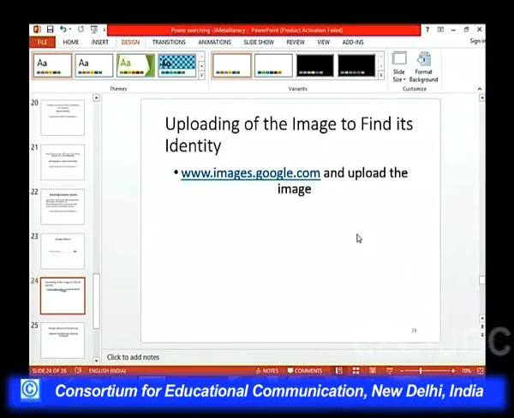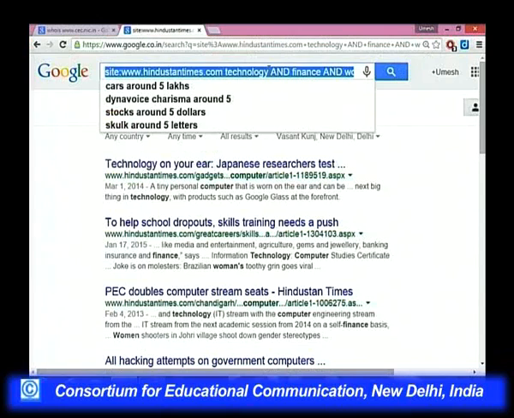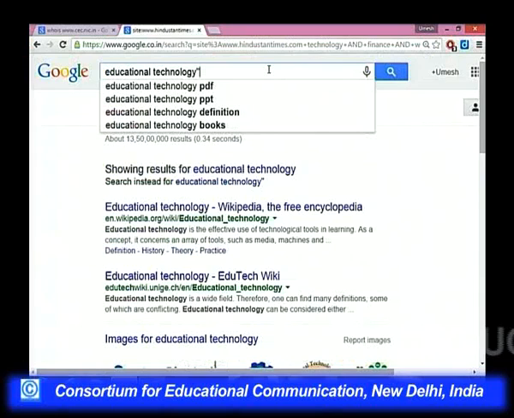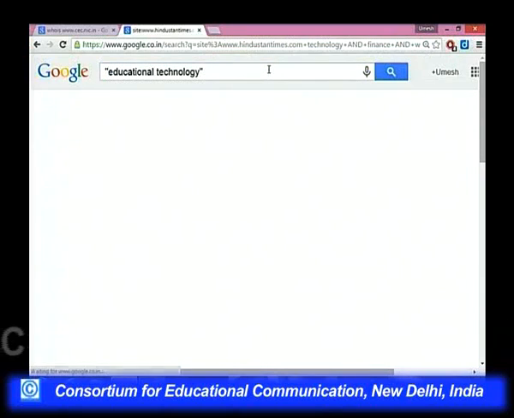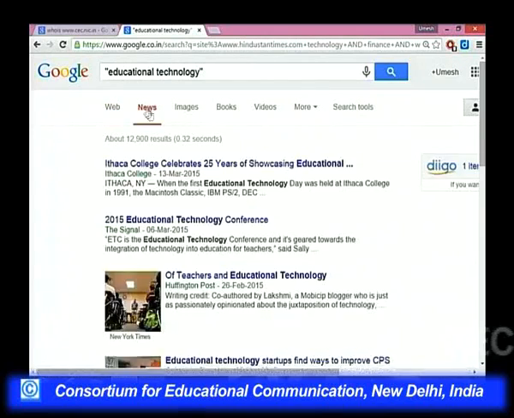And if you still go further, then you see if you search Google for example, educational technology in double quotes, then you will see so many results are there which are not relevant, but if you press news, then you will see there are 12,900 results of the news items.